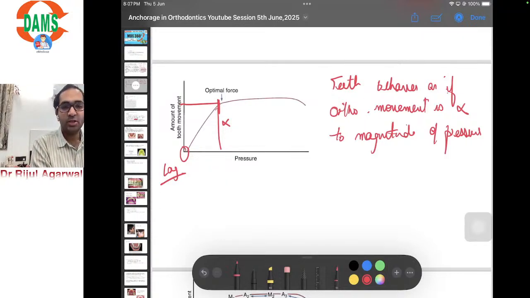Okay, that means the amount of force or pressure we are applying, the tooth will move that much only. So what happens when this point is reached? So when this point is reached,